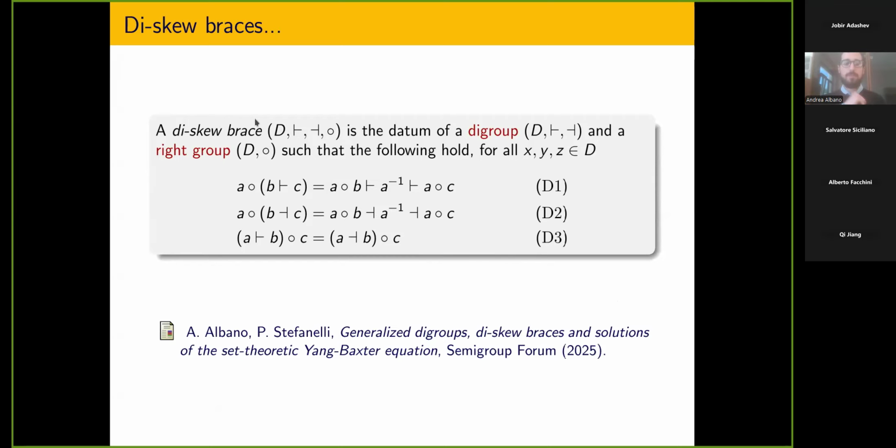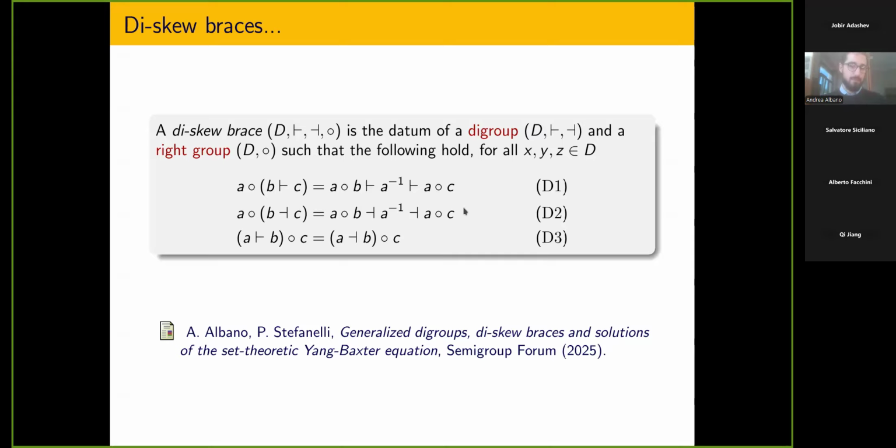First things first. We say that a di-skew brace, so the prefix di here means just that we are thinking of it as a splitting of skew braces. So a di-skew brace is a set D equipped with 3 associative operations, where the first 2 gives you a digroup, as before. The circle operation gives you a right group structure. It's very important here to have a right group, as I will try to explain later, such that these 3